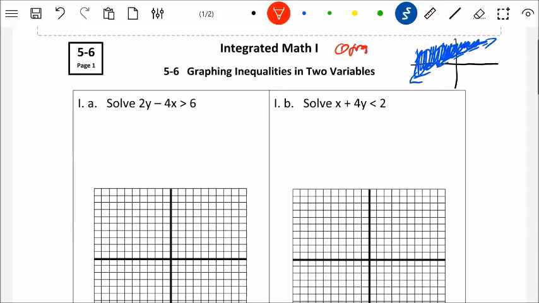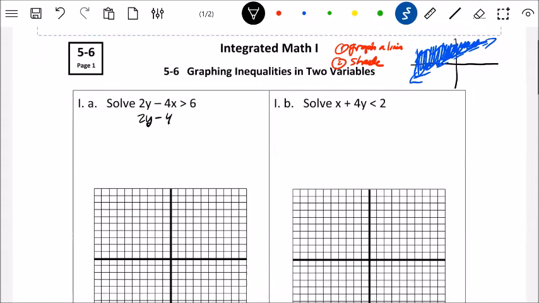One, graph a line. And then two, shade it. Now, there are a couple of little details there to make sure we get them right. So let's do those. First, the easiest way to graph any line, if it's an inequality, is first to